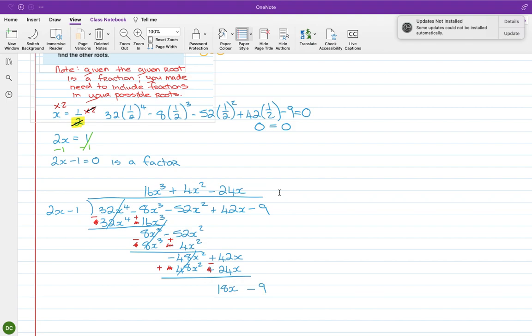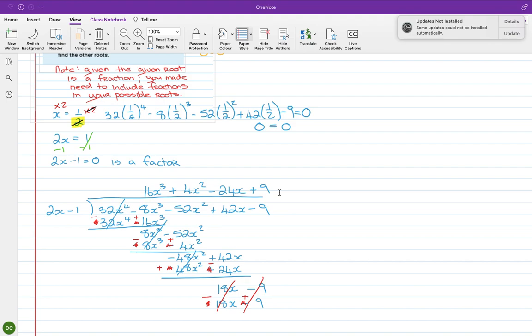And one last time, 2x into 18x is plus 9. Multiply the 9 by 2x minus 1, and I get 18x minus 9. Change the sign, so this is positive, make it negative. This is negative, make it positive. So they cancel. Right, so